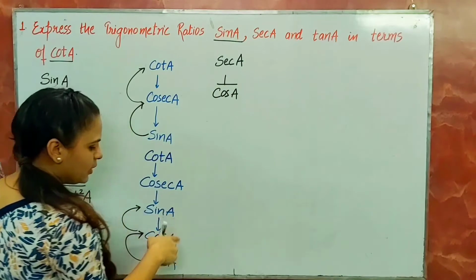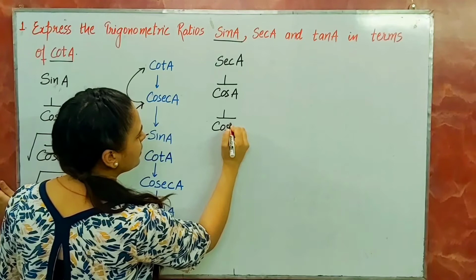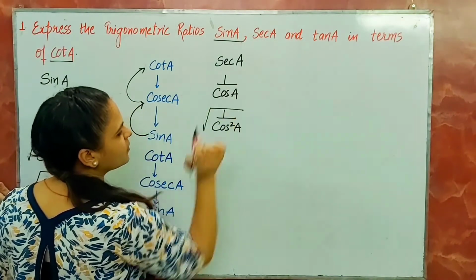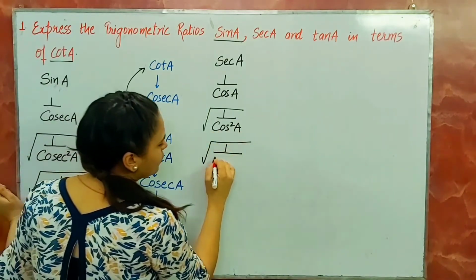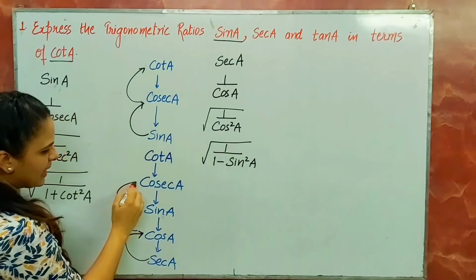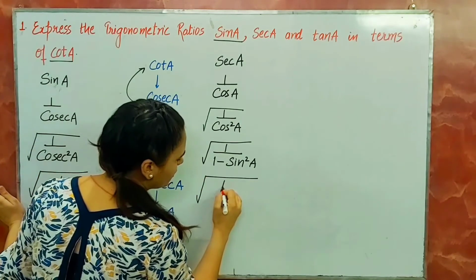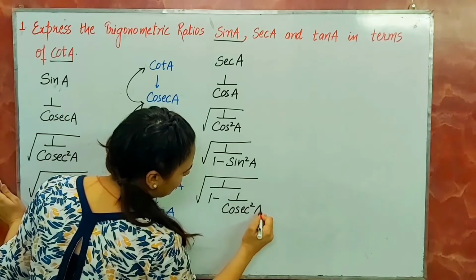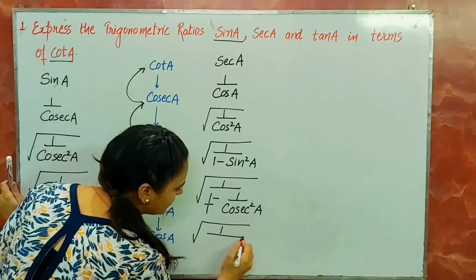Now we have to convert cos A into sin A. They are related to each other in square relationship. So I have to take square of this and by taking square root, this is equivalent to 1 upon cos A. Now we know cos square A is equals to 1 minus sin square A. After that, we will convert sine in the form of cosec and they are reciprocal to each other. So I am going to write 1 minus 1 upon cosec square A. Now we have to do simplification by taking LCM here.